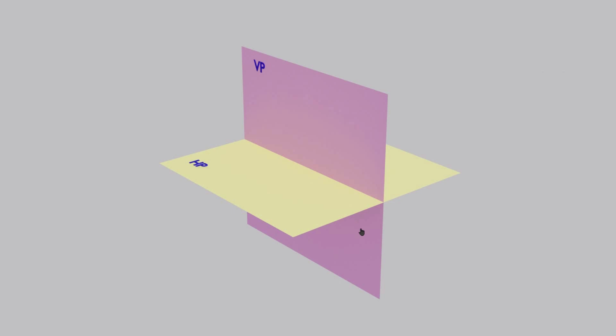Okay, now what we are going to do is place an object in the first quadrant first, then we form the image. I'll show you how the 2D drawing will be. Then we'll go to the second quadrant and make the image there and make the 2D drawing. Then to the third quadrant, do the same thing, and then to the fourth quadrant and do the same thing. This is what we are going to do right now.